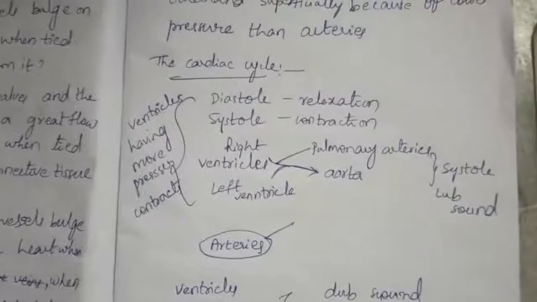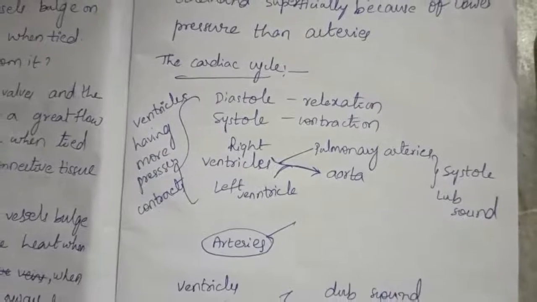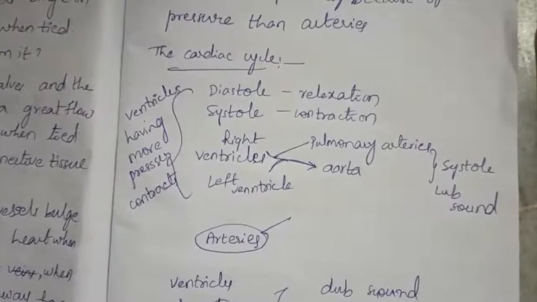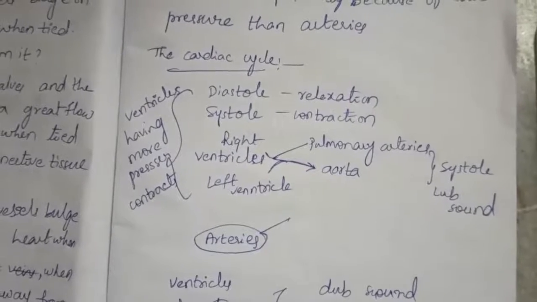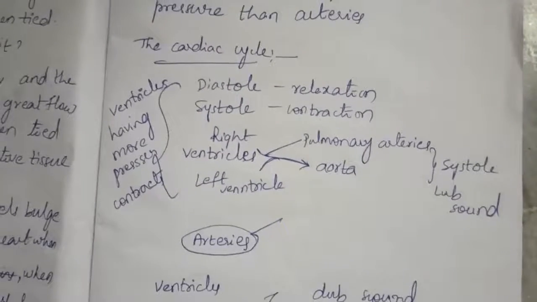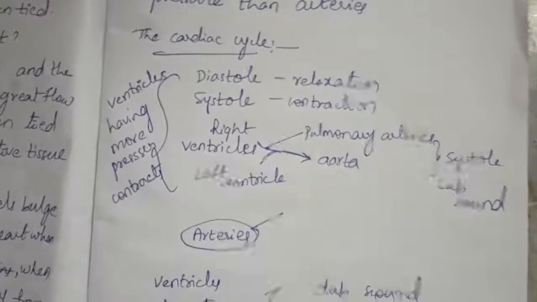And coming to the cardiac cycle, we are going to see it now. Children, in the cardiac cycle, we know that we can hear lub-dub sounds from our heart. If we observe like that, you can understand the lub-dub sound. Each and every human heart and each and every mammal heart gives that sound, lub-dub.